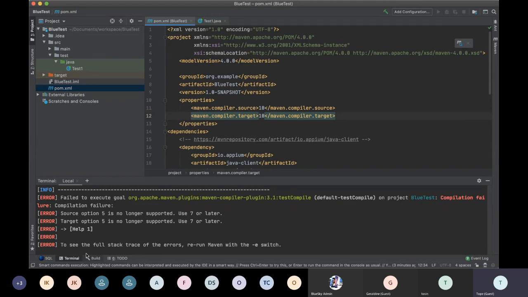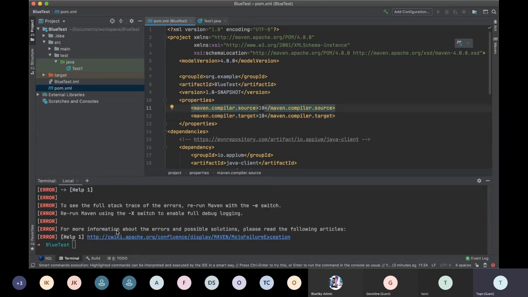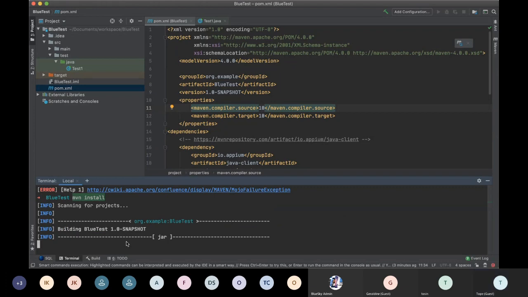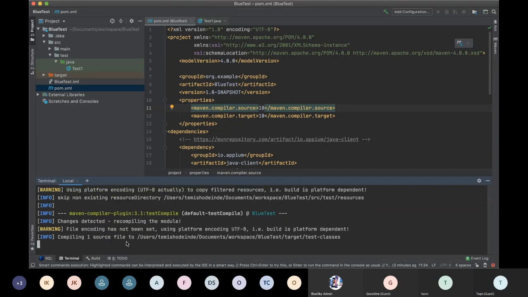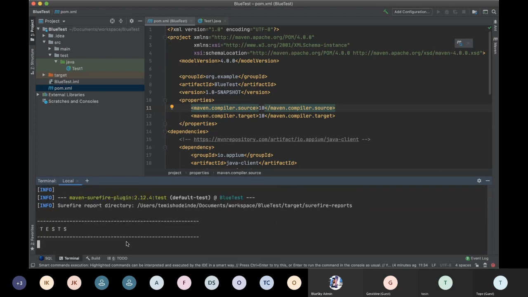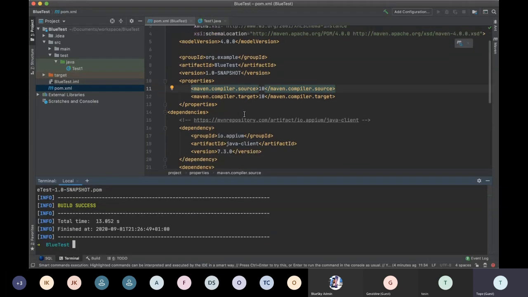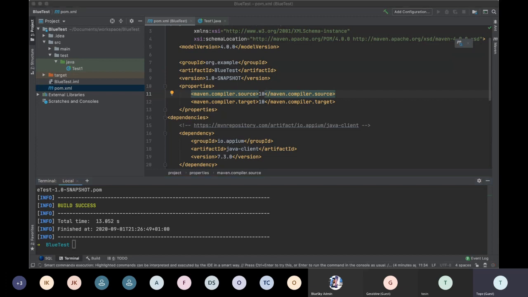And if I come back here and run my Maven install, I don't expect to see any errors. That's fine. So my build has passed and it's success. So now, what we need to do is go back to BrowserStack,